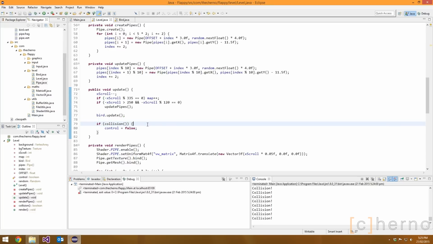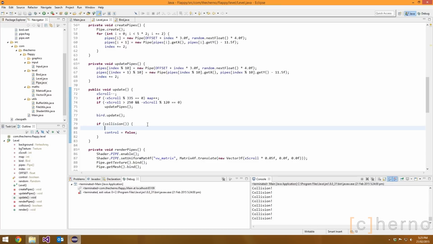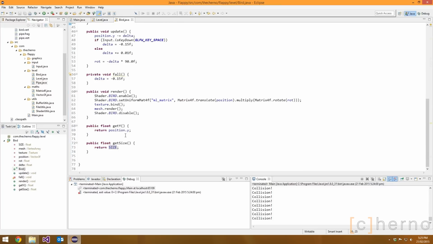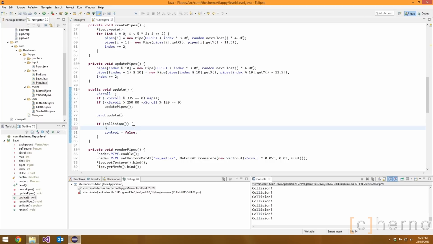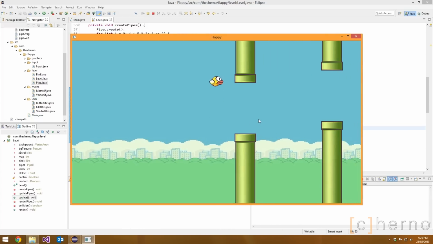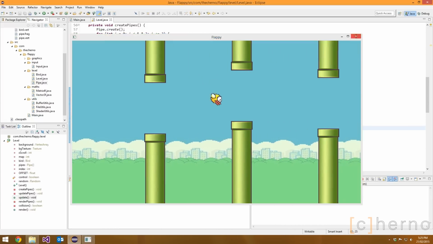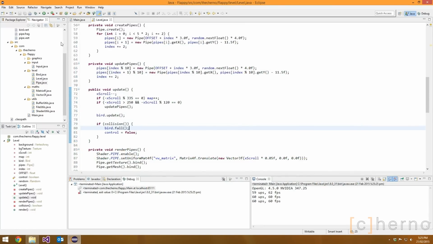The other thing we want to do though is set this fall thing that I made. We'll set the delta. Let's make that public and let's just call it. This will look pretty cool, I think. Let's just try and hit something. Boom. Oh, it flew away. Oh, but it went down again. Okay, so if the collision happens,